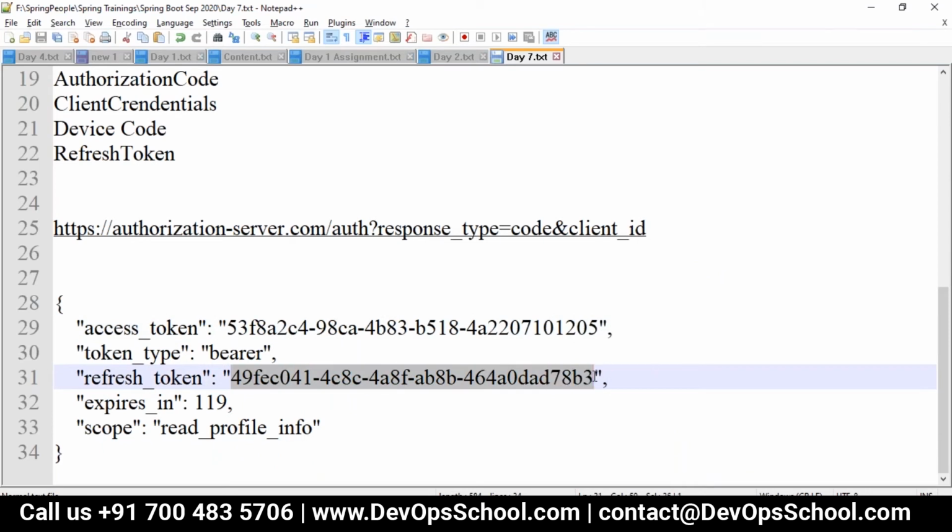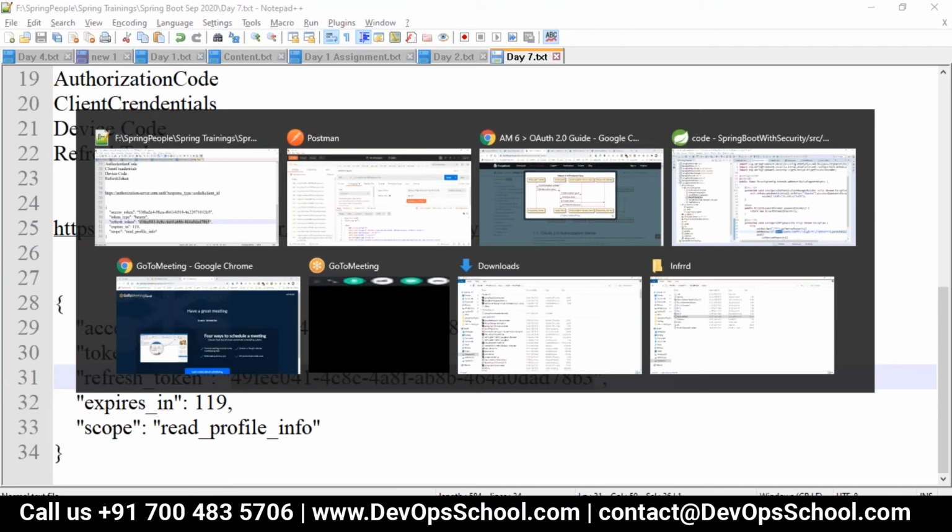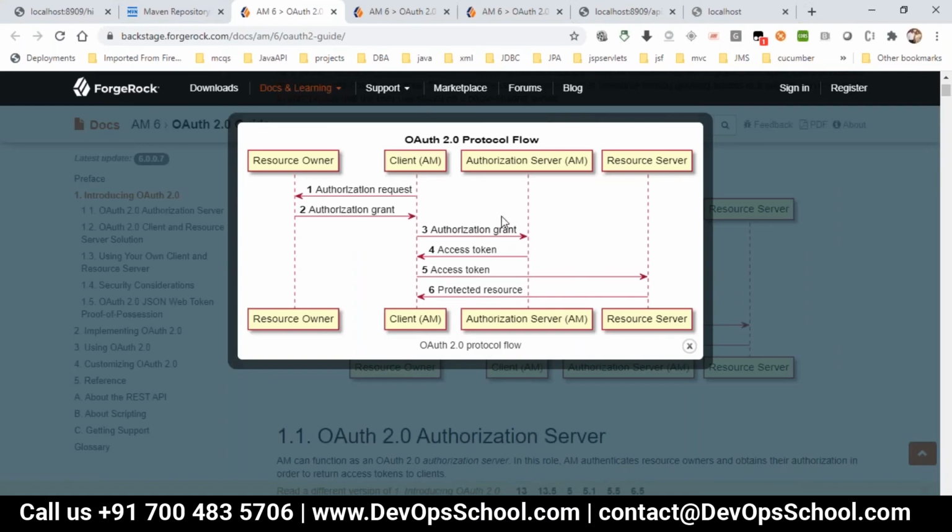This refresh token will revalidate the request which you are sending here. Then the authorization server will send it to your resource server, which we have written, and then it will give the protected resource.